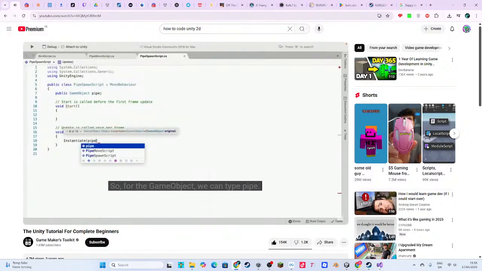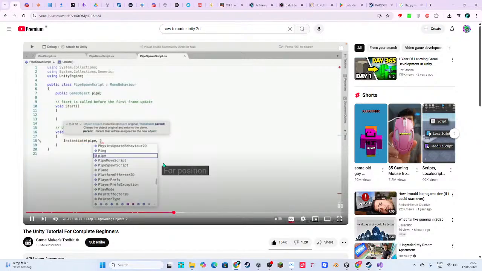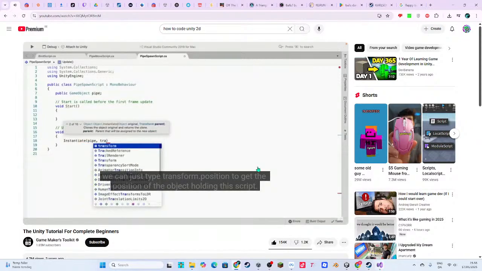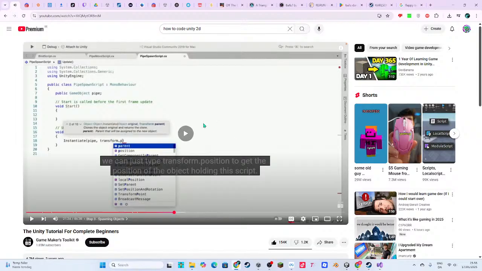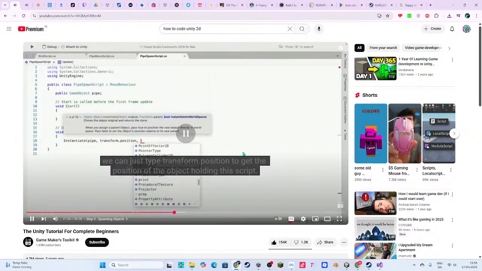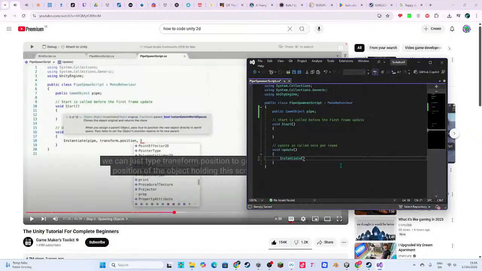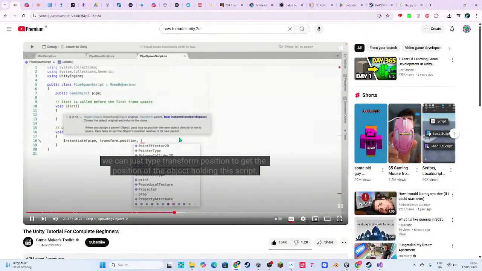So for the game object, we can type pipe. For position, we can just type transform.position to get the position of the object holding the script.